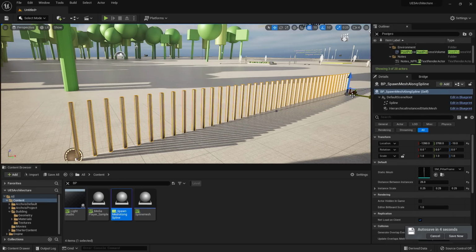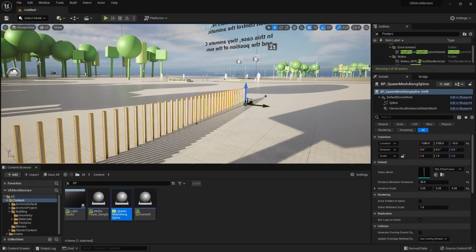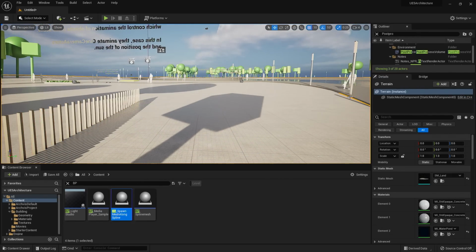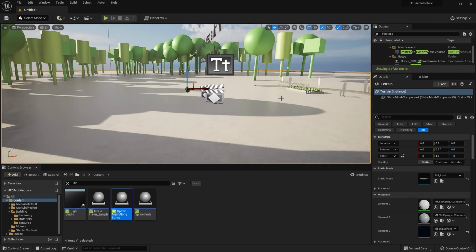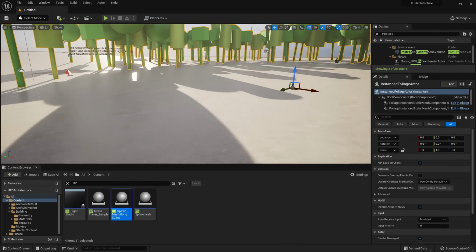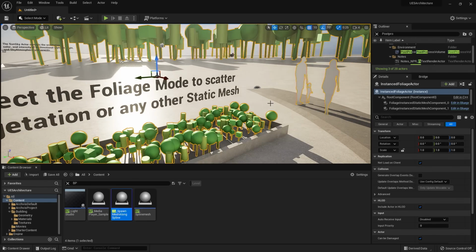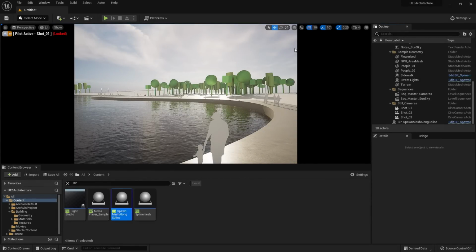So you can see how easy it can be to create an array of any kind in your project. Now there are a few other examples here that I won't be covering, but I do want to bring them to your attention. You'll notice that we have the sidewalk here, as well as trees and some scattered foliage in this project. So I encourage you to read all of the notes throughout your project if you'd like to learn more. So that covers the basics of the architecture template.